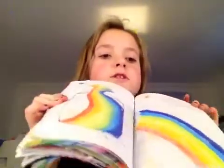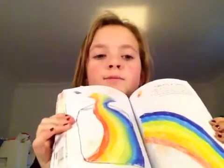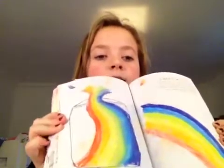Okay, next page I've got create a switch. So I was going to do a rainbow across the page, but I had to switch it halfway, so I did a rainbow and then like a volcano exploding out of the jar. That's just covered by a piece of paper so that it doesn't mush, because I don't have like Mod Podge or anything. The next page is